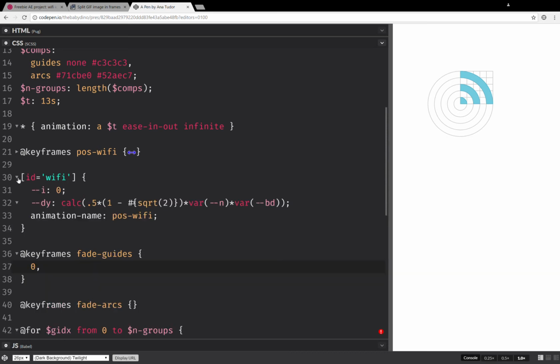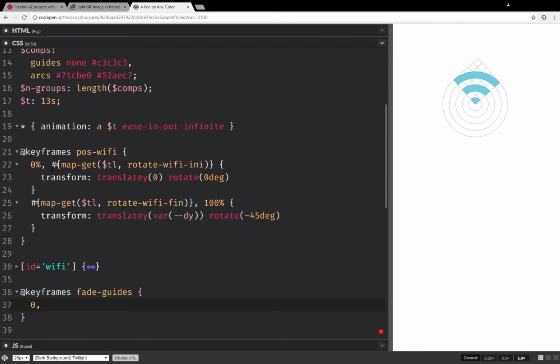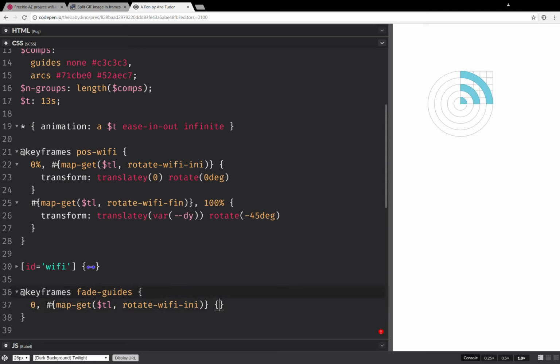Oh, not this. Something similar to what we have here. So 0%, and this is going to be opacity 1. Okay, and this is not going to be rotate Wi-Fi, it's going to be fade guides. So it's going to be the first time,